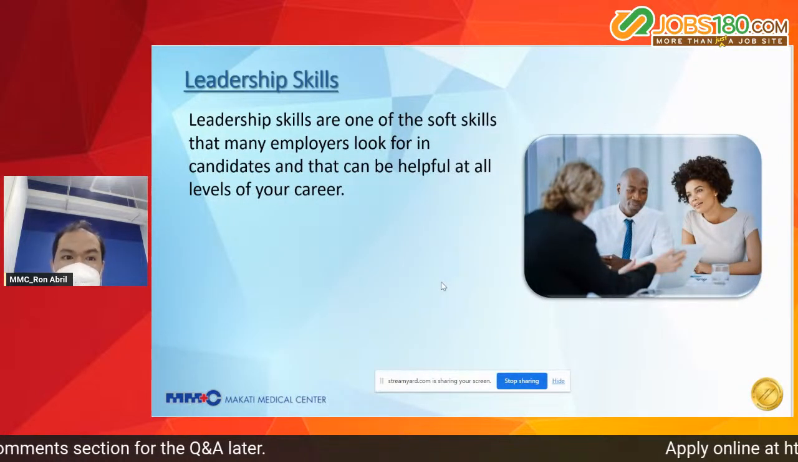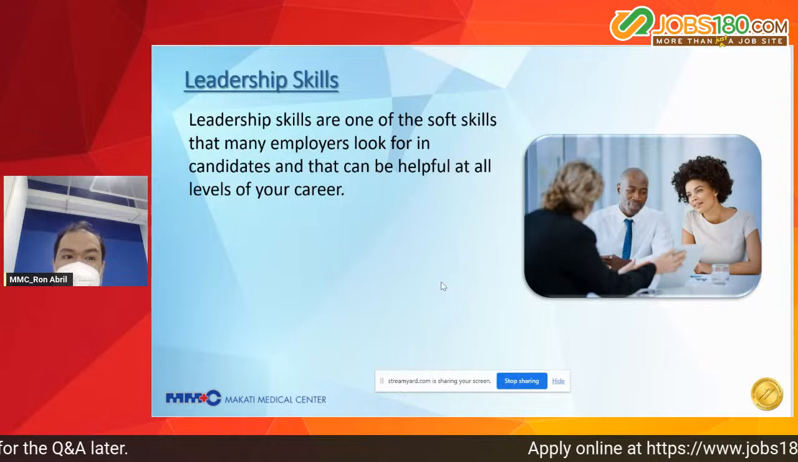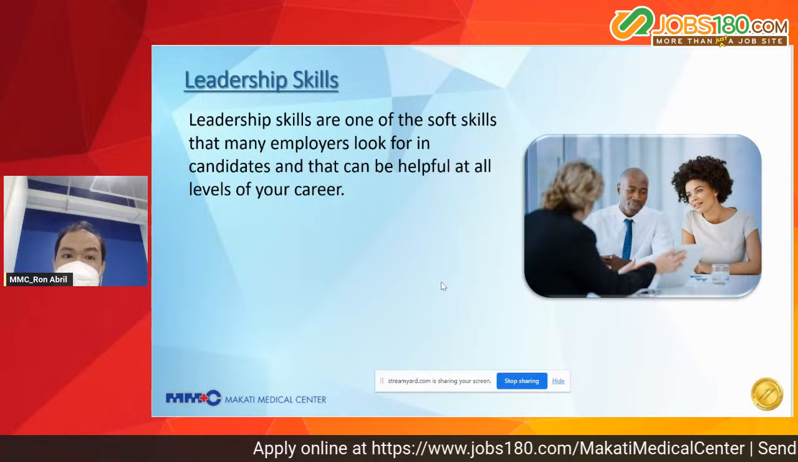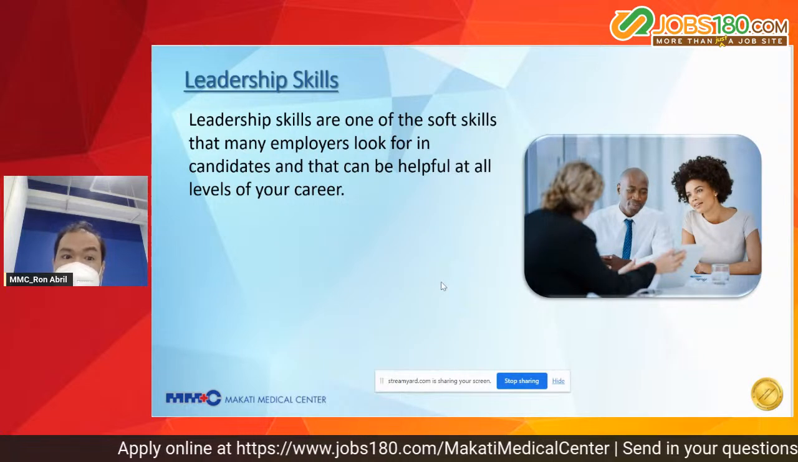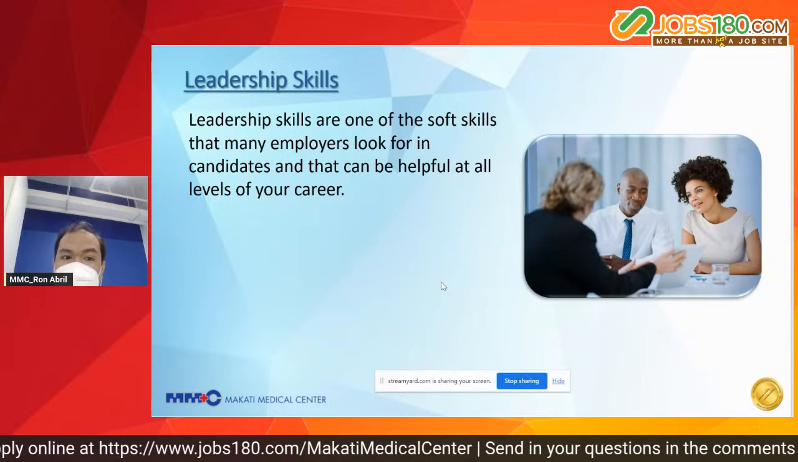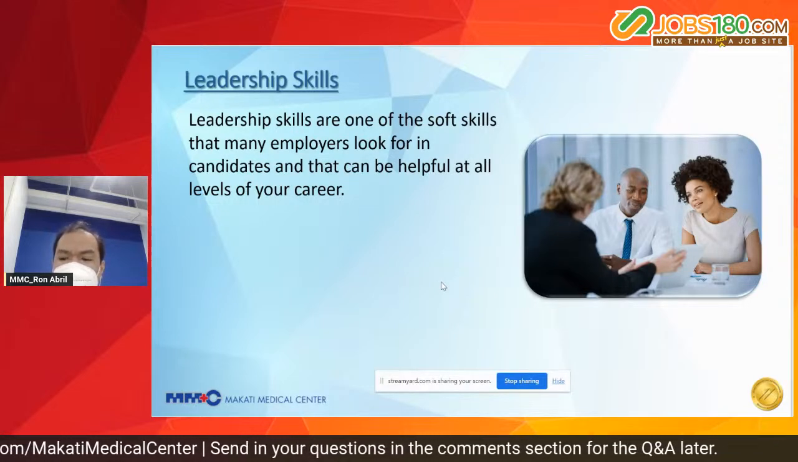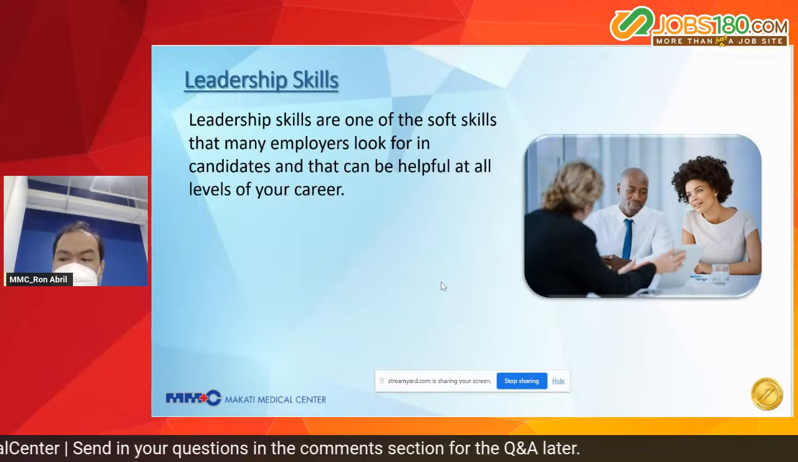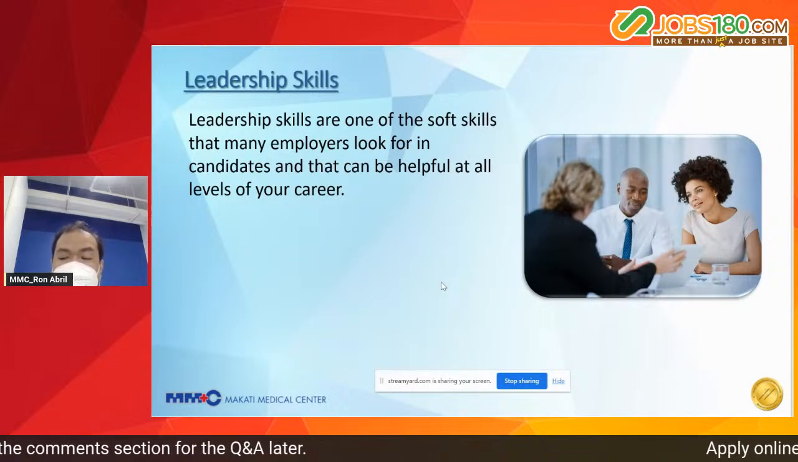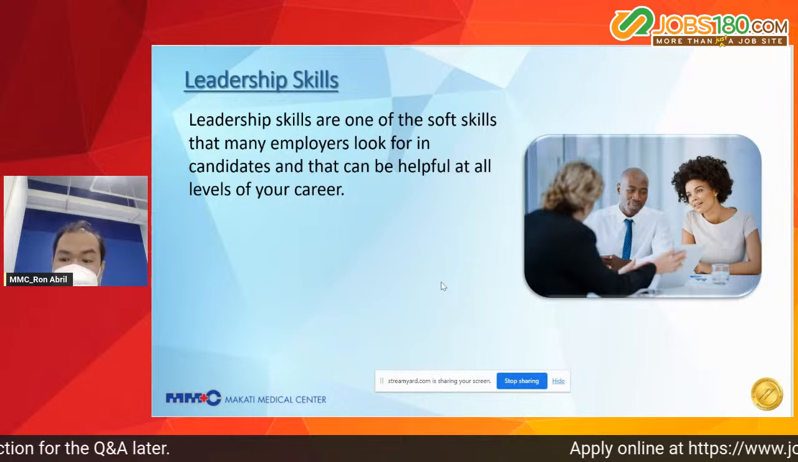And so next one is leadership skills. When we say leadership skills, these are one of the soft skills that many employers look for in candidates, and it can be helpful at all levels of your career. For you to show your leadership skills, it doesn't mean that you need to become a manager or be in a higher position. As a newbie or a fresh graduate, what you can say during your interview